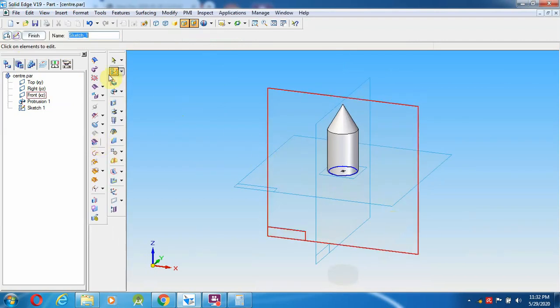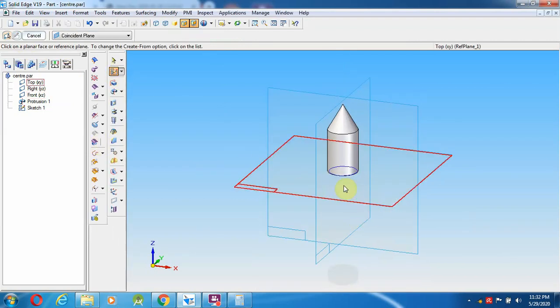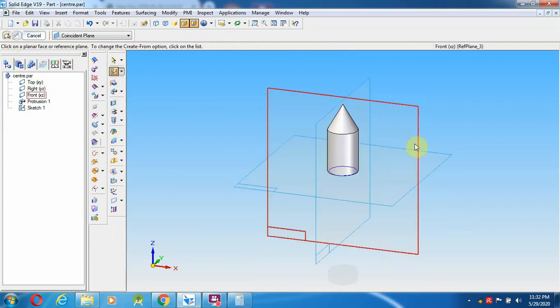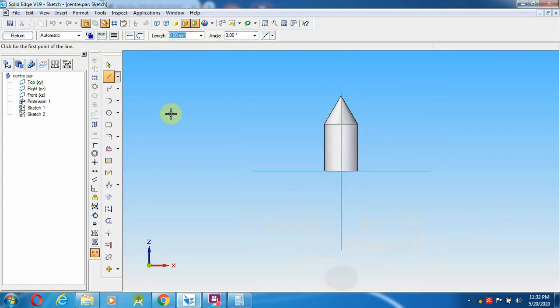Then next select sketch again, from this plane. If you are selecting this plane, we'll draw the guideline. The guideline I'm going to make from here to here, a distance of 50 mm, because the taper length is 50 mm. Okay, so 50 mm.